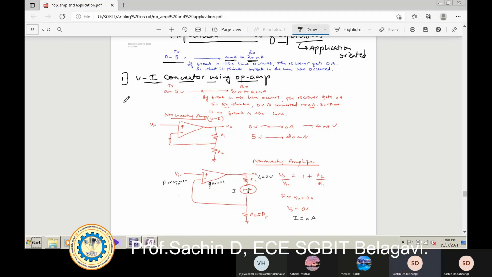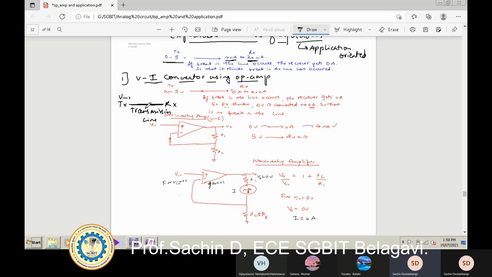Suppose this is my transmitter and this is my receiver. This is a communication line or transmission line, or wire, in common words. If I am sending a voltage through this link, through this wire, you know that voltage will divide in a series circuit. This line is a series wire.